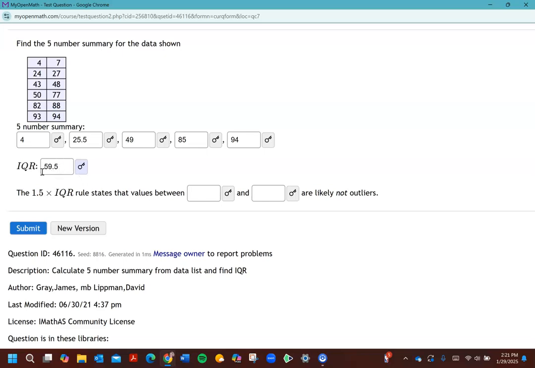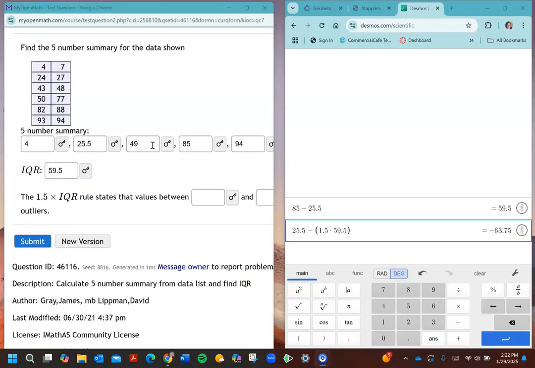So let's go ahead and just pop those values into the calculator, either the Desmos one or any other one. So you're going to take 59.5, multiply it by 1.5, and then subtract that from your first quartile to get the lower fence, and add it to your third quartile to get the upper fence. Okay, so I'll pause the video and type that into the calculator. Okay, so I went ahead and typed this in, 25.5 minus quantity, use your parentheses, 1.5 times 59.5 in parentheses,